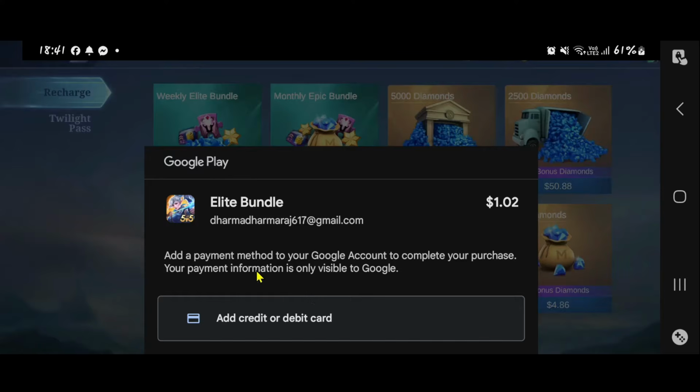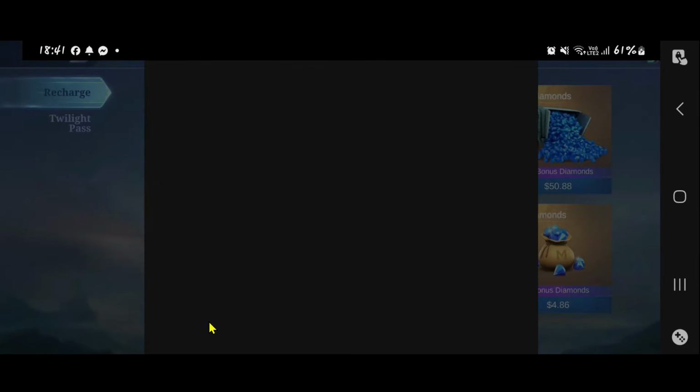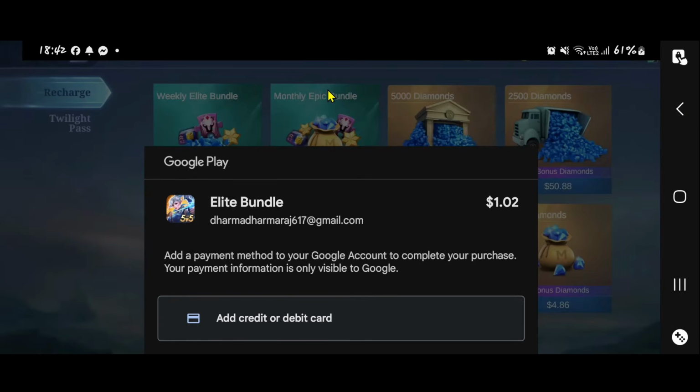If you don't wish to use that account, you will find another add option underneath your current payment method. So you can simply tap on this add option and then proceed with adding your secondary payment method. This will require you to enter your card number followed by your expiration date, the security code or CVV number, and the cardholder's name. You will also need to enter your entire address, followed by your country and the postal code. After entering all of these details, simply tap on the Save button and this will save your new payment